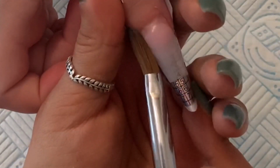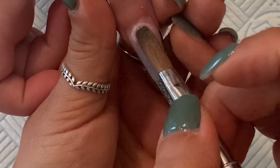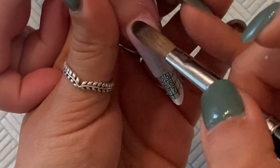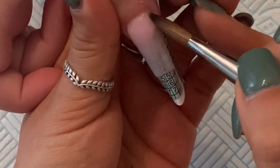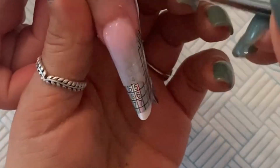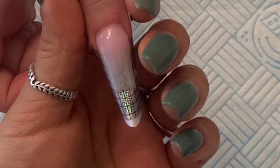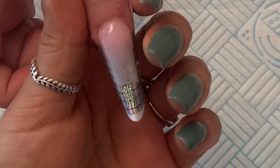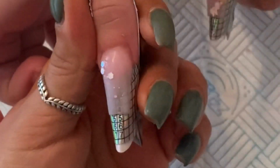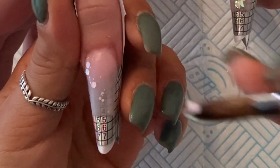And the butterflies, I placed some down on my paper towel, so then I could just pick them up when I needed to, because I was using multiple colours. And I placed them exactly where I tend to wipe my brush, because as you'll know as nail techs, you always tend to wipe your brush in the same part of your paper towel repeatedly, and that's where I placed the butterflies. So I didn't realise, I wasn't looking, I was just wiping my brush off and coming back up with these bloody butterflies. So yeah, they were getting in my way a little bit, but then I did move them eventually. So I went in first with Au Naturel,